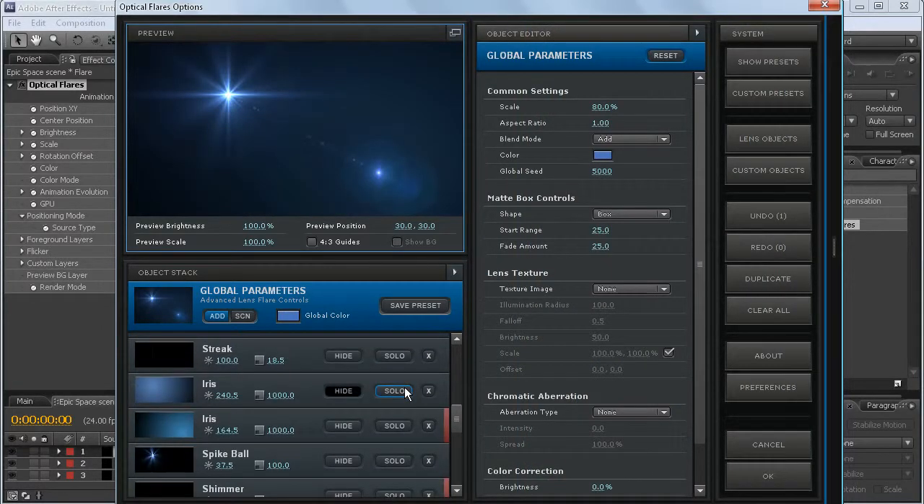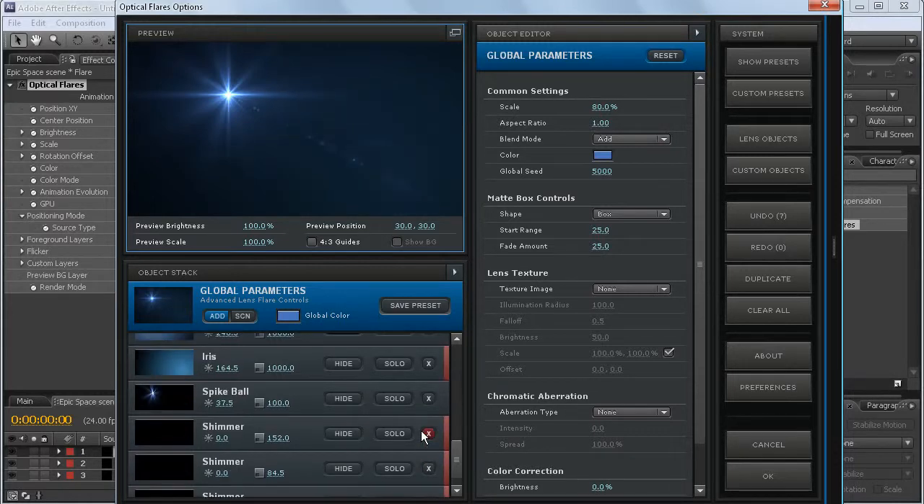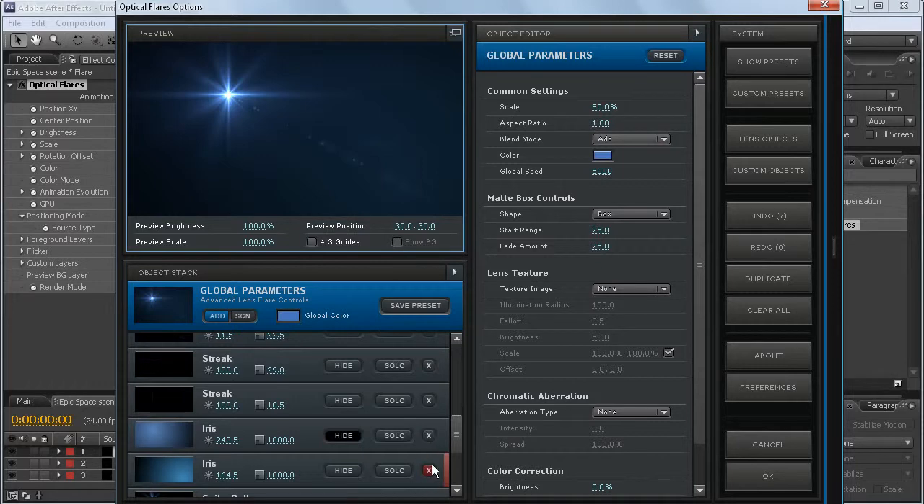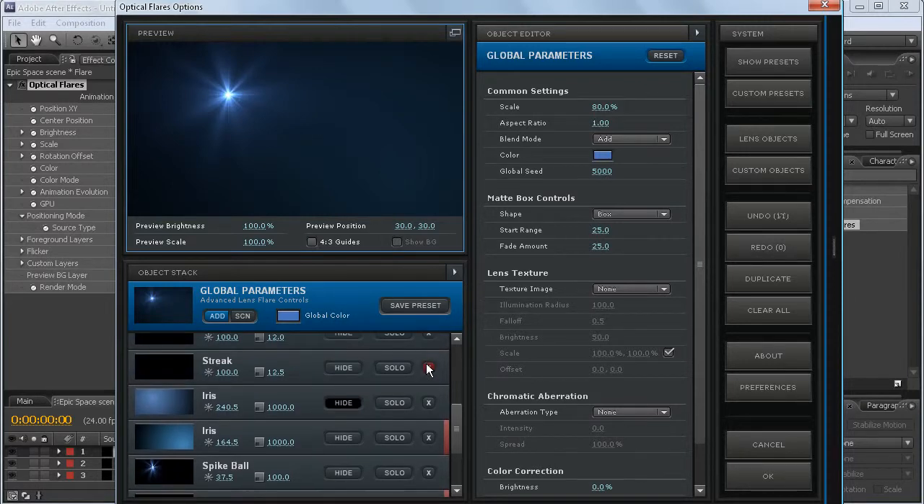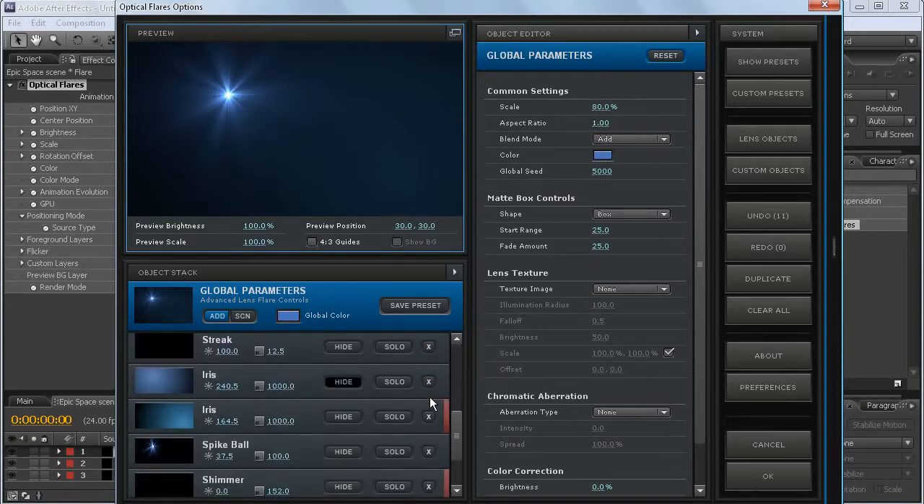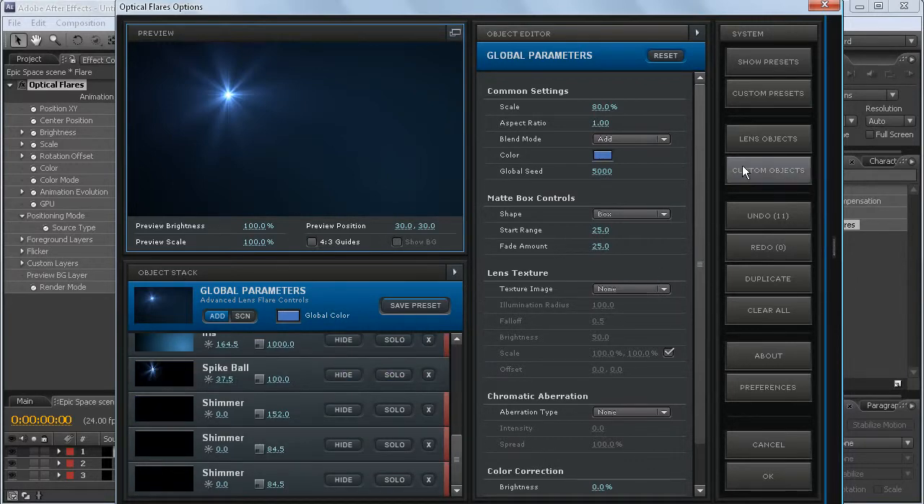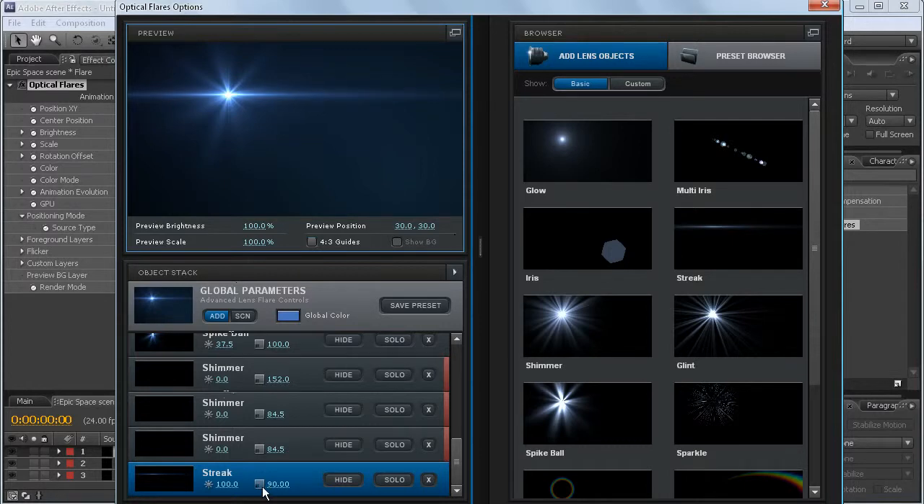Now what you're going to do is you're going to go down to the bottom. You're going to take this glow down here out. You're going to take all the streaks out, all these rings and multi-irises out. No, leave the irises though. Take all the streaks, because we don't need those. Alright, that's good. And then you want to go to lens objects, just add a streak, and make it about